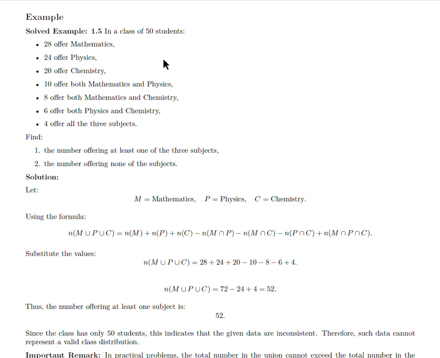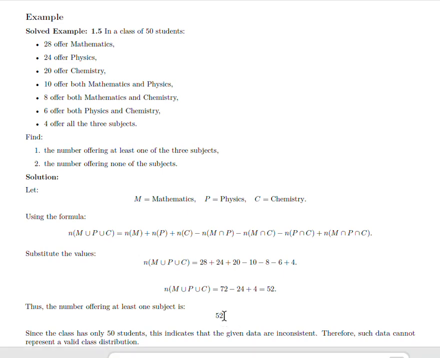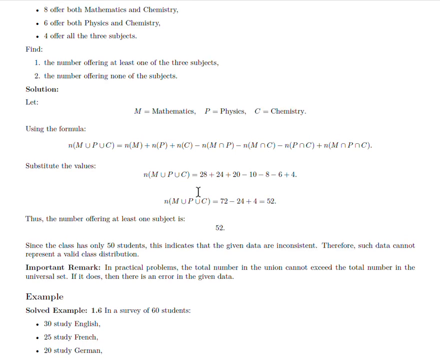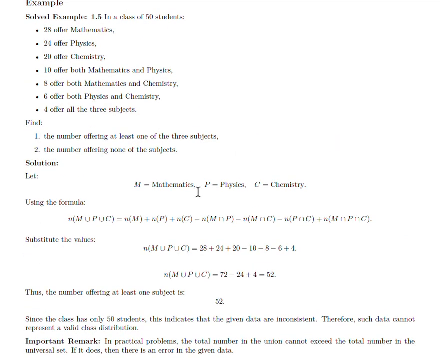But 50 is less than 52, which is not logical. The number of students in the class has to be higher or equal, at worst, than the number of students offering the three subjects, and so we conclude that this data is not consistent,